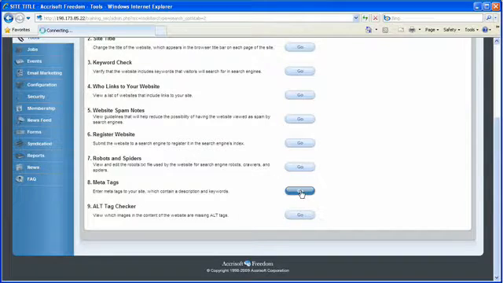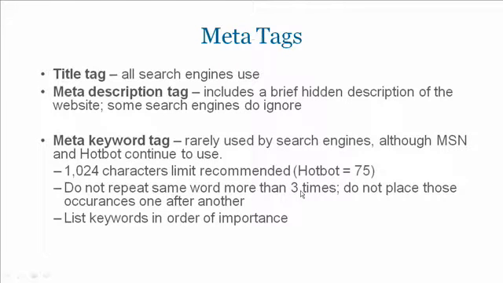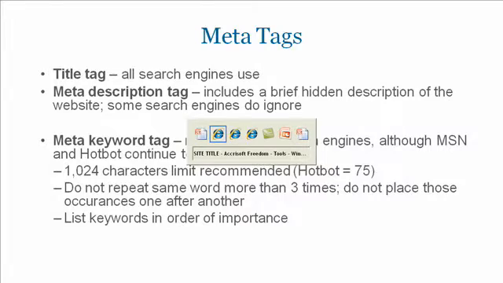Number 8 on our list is meta tags. And the term meta tags refers to several different types of tags that are viewed by viewing the actual HTML source for a web page, which is how search engines can see the meta tags. The title tag is sometimes considered a meta tag because it appears in the header section of a page near other meta tags. We already reviewed the title tag when we reviewed priority number 2 in the search optimization tab. So if we go back to blue,